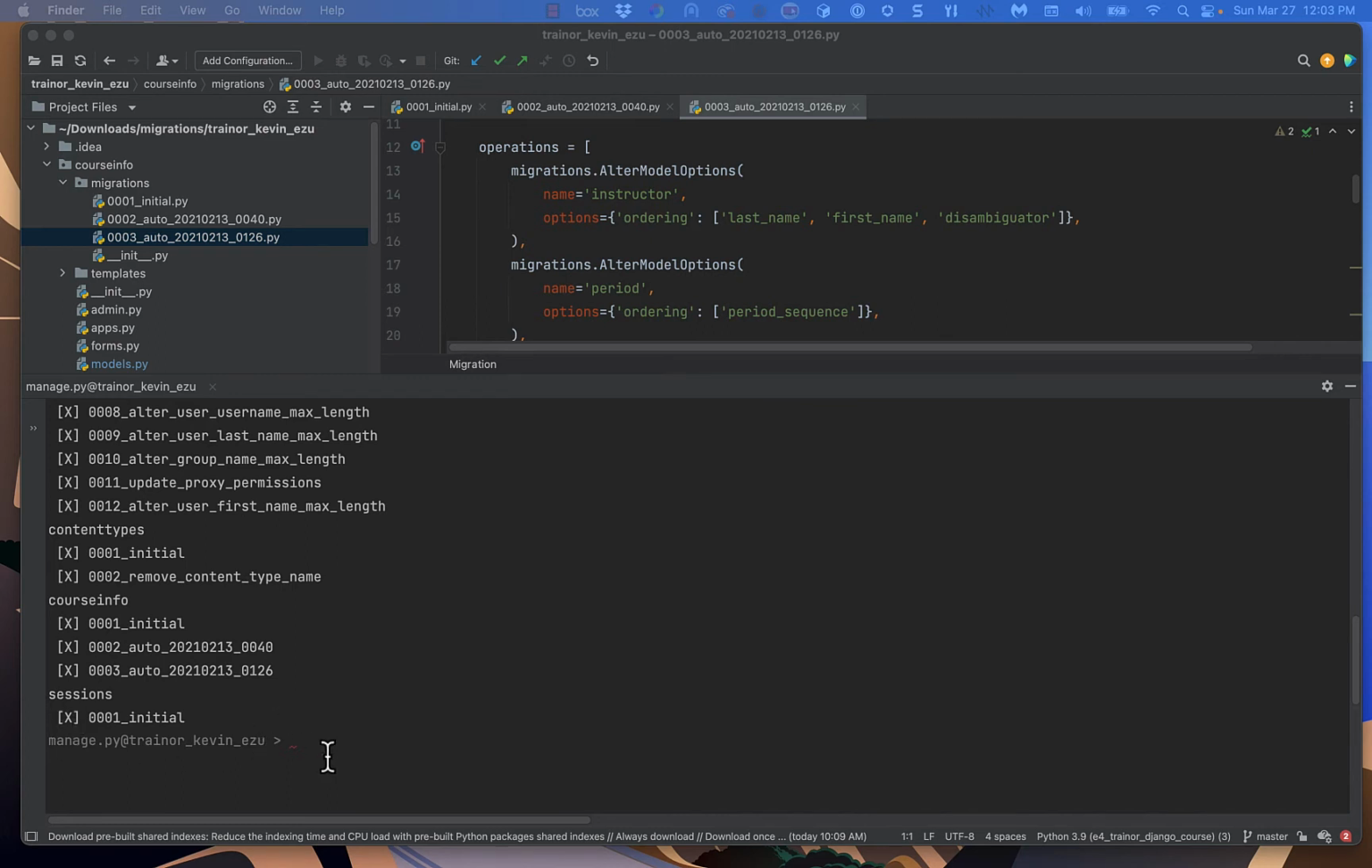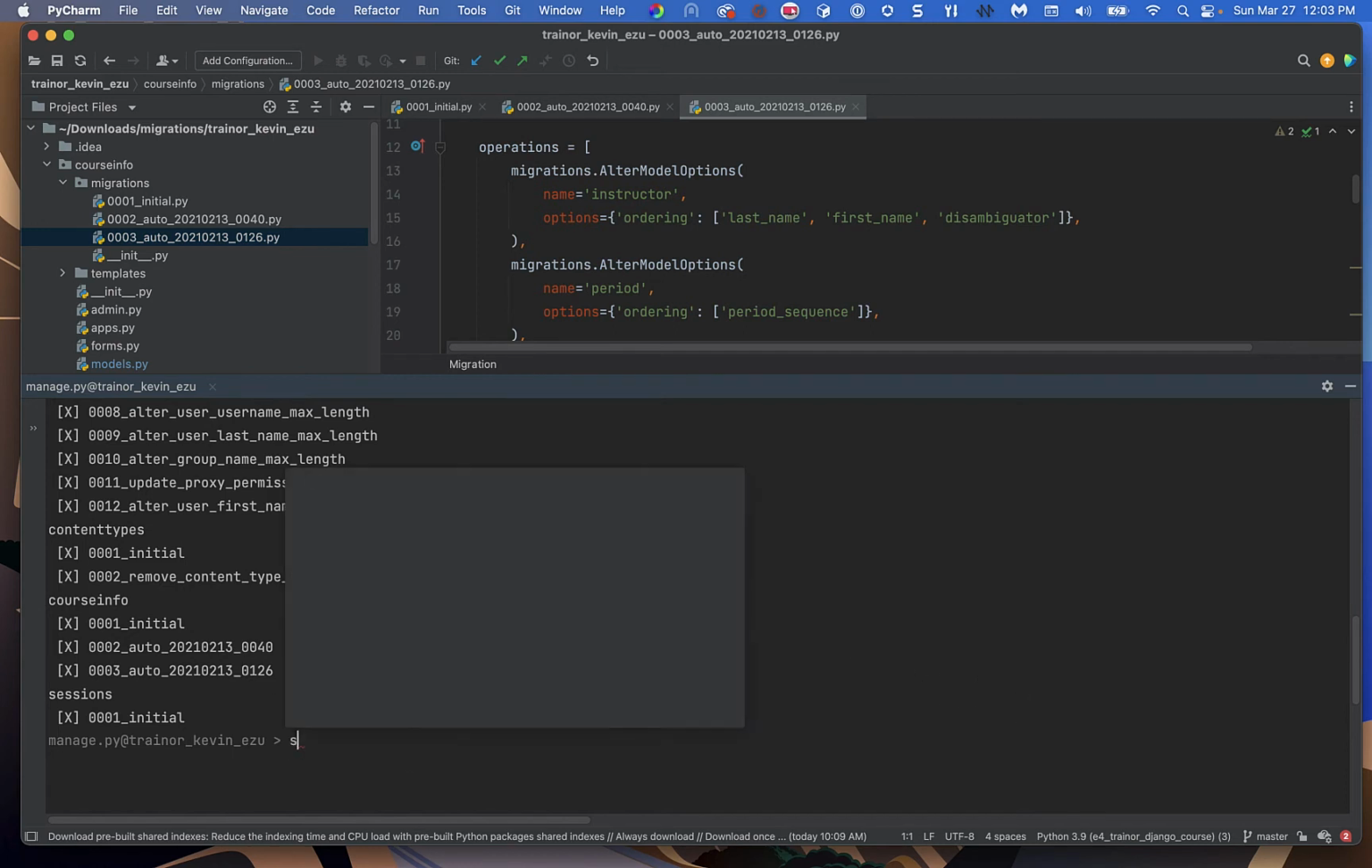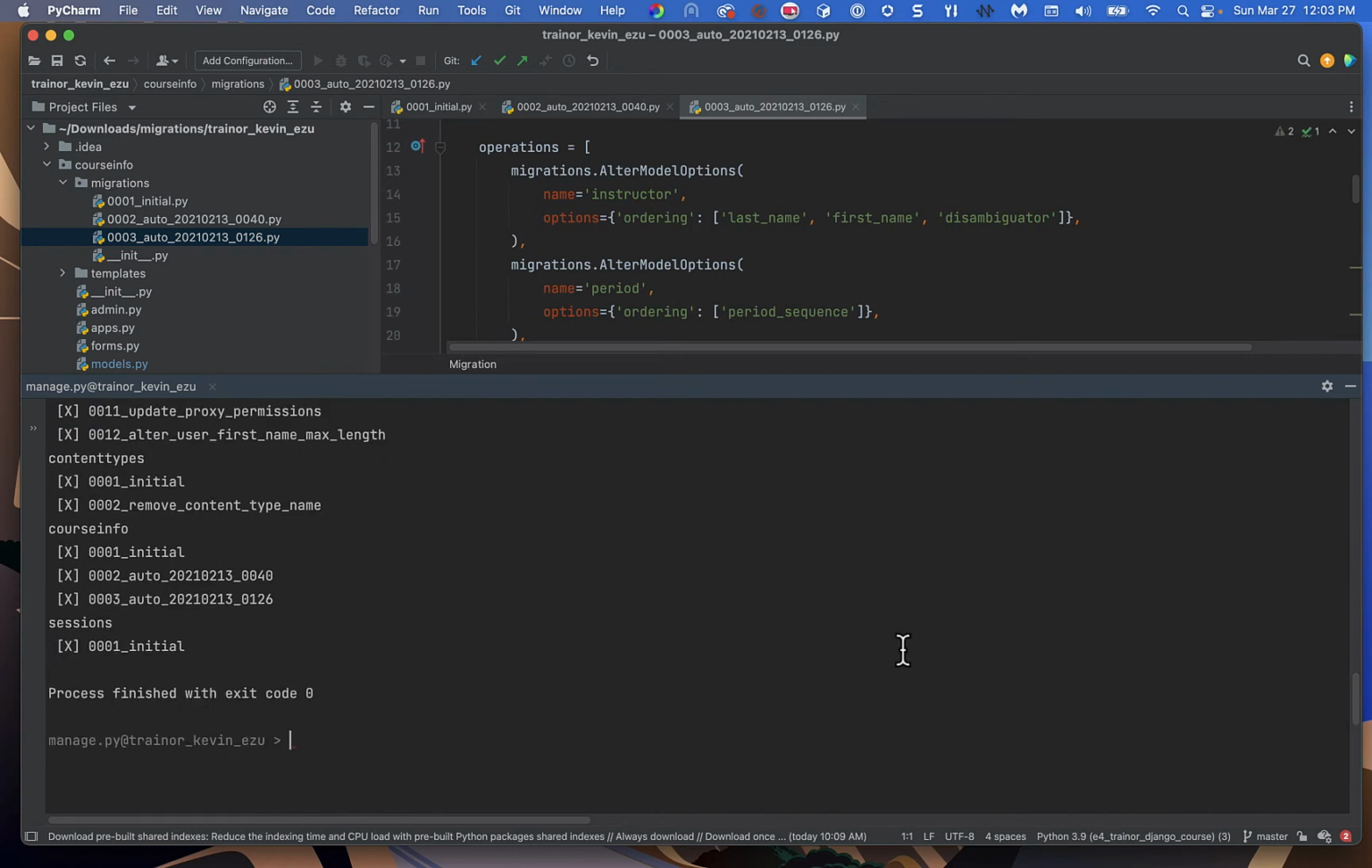Okay, so here's how we're going to do that. We're going to go down into the manage.py task. Okay, and again, let's do a show migrations. Okay, so we've got that. So we can see we've got 1, 2, and 3. And here's what we're going to do. We're going to get it to make the shell of the migration for us that we're going to use for instructors. So we're going to type in make migrations